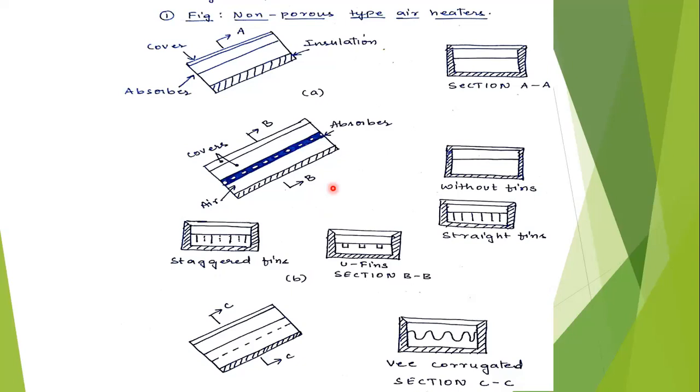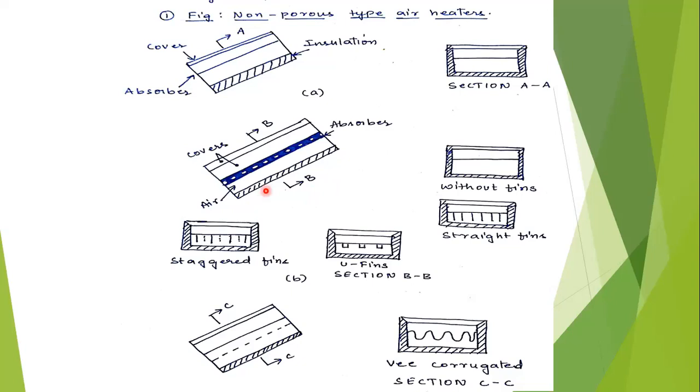As air flows above the upper surface, this increases the convection losses from the cover plate. Because of this, it is not recommended if the air inlet temperature rises at a collector or at large temperatures. So it is not efficient. In these designs, air flows behind the absorber surface.